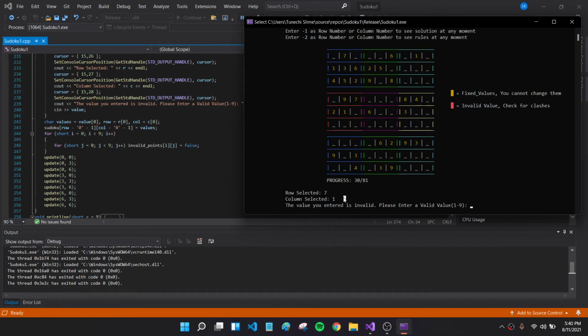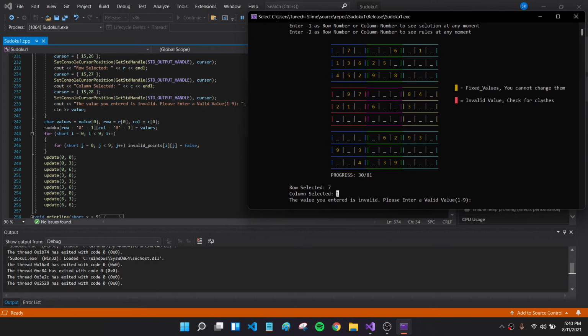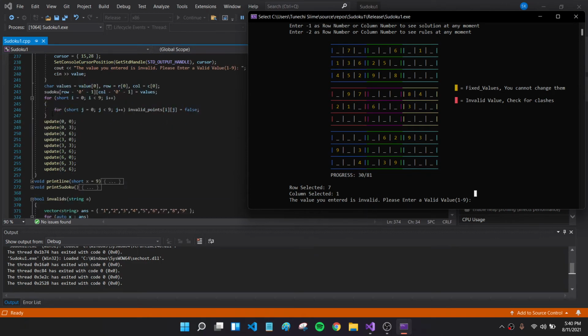Also one thing to remember is that the player will use 1 to 9 indexing, like 1 based indexing, but in computers we use 0 based indexing. So make sure to reduce 1 from this. Like if the user entered 7, then you have to do manipulation on the 6th index. So I update the row and column value to the value which the user entered, and then what I'm doing